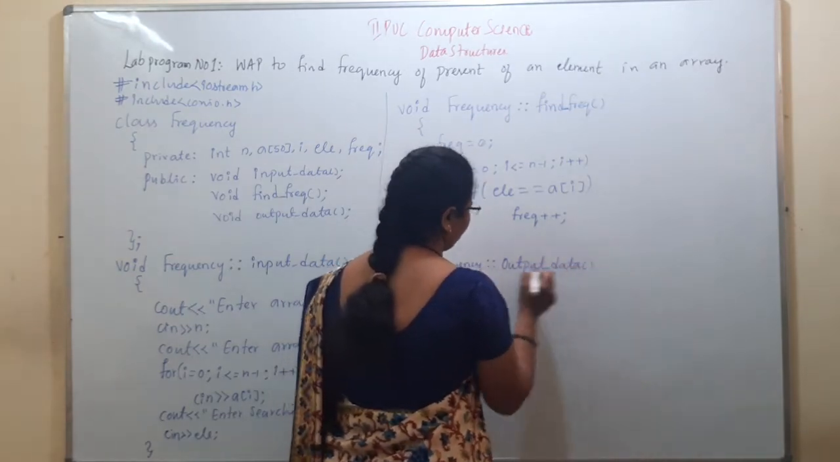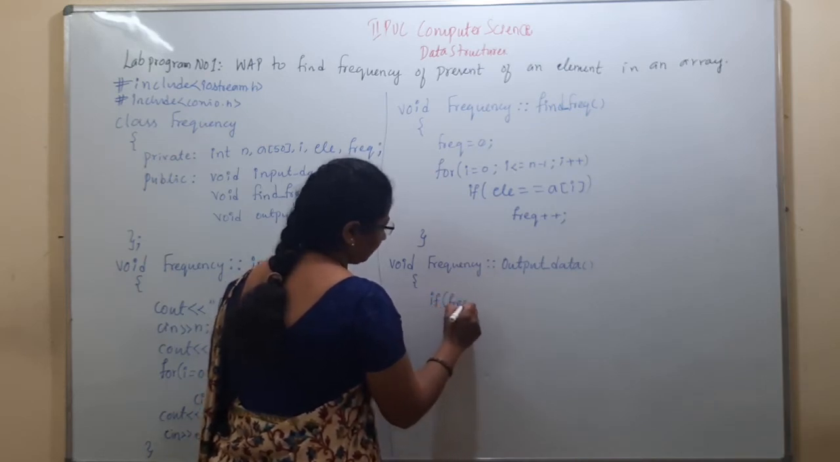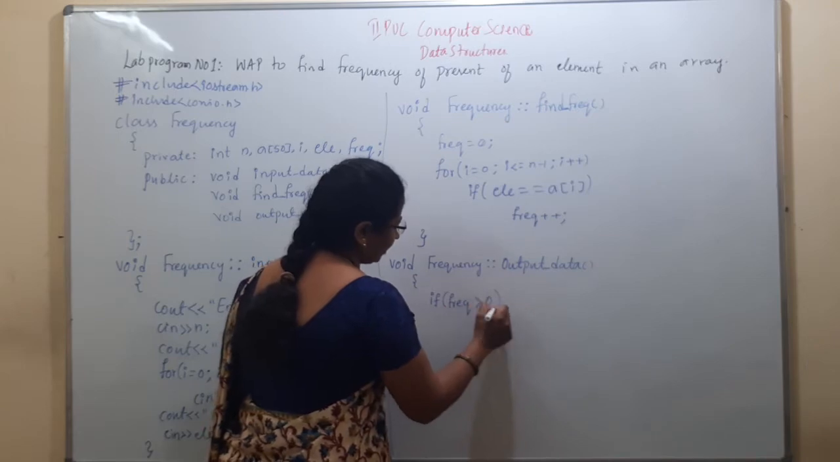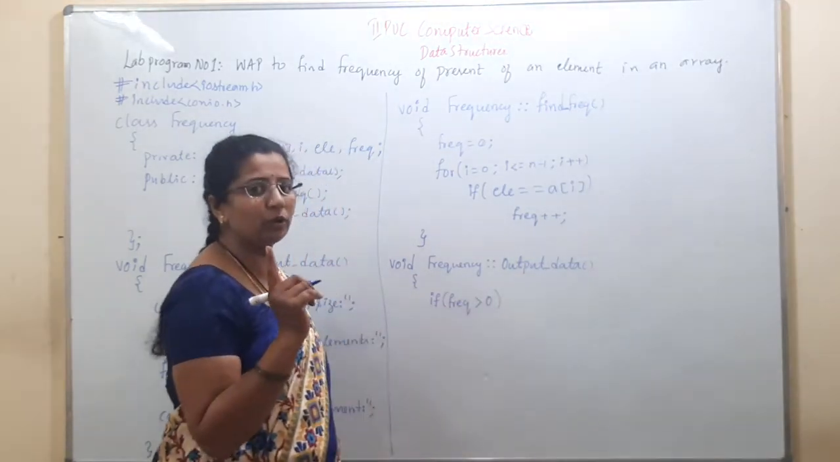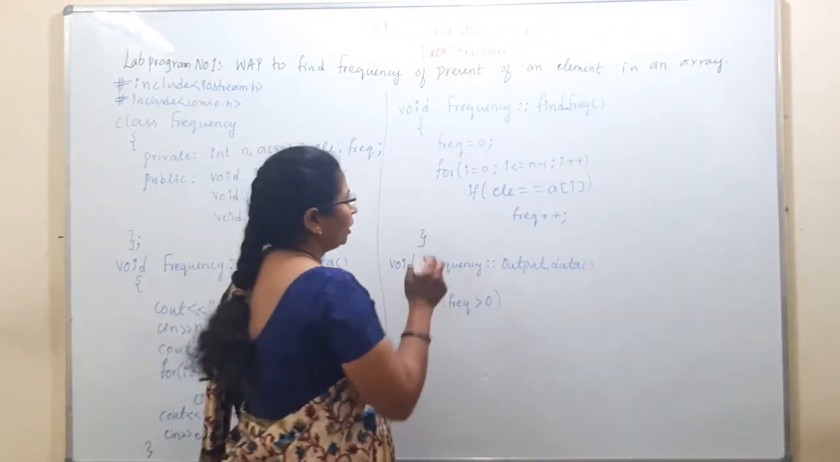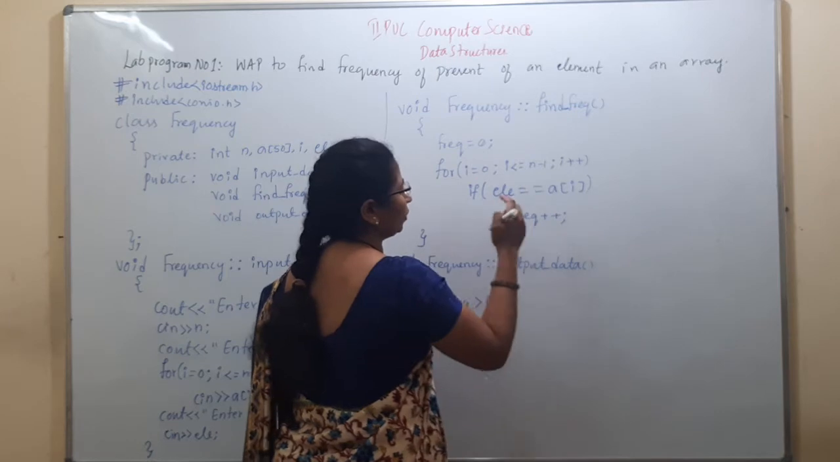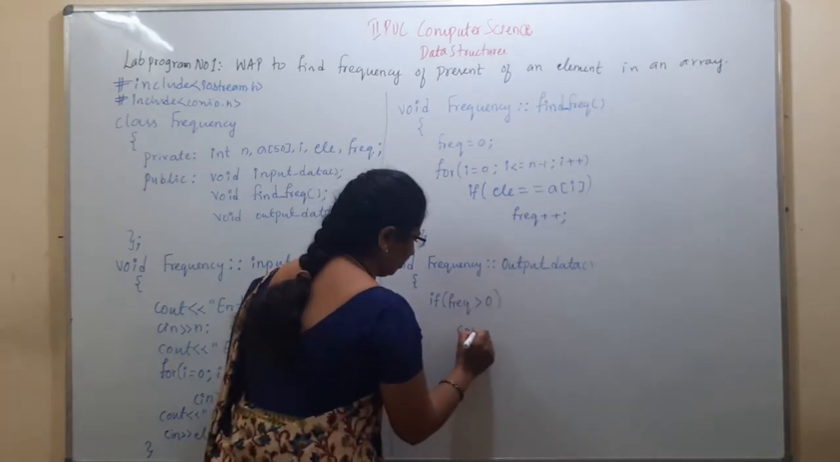Output data. Then if frequency is greater than 0, please remember here only greater than 0. If it is 0, element not found. If it is greater than 0, then only element found. Cout,